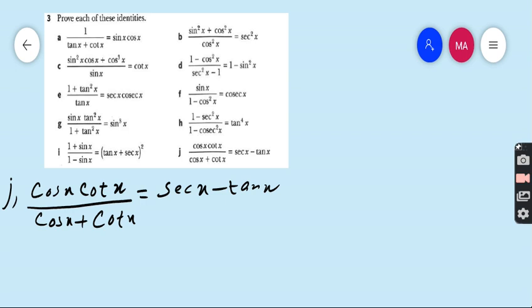First we have to take the left hand side. Cos x cot x is what? Cos x upon sin x